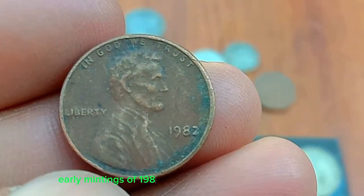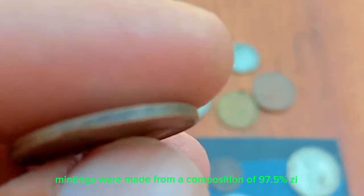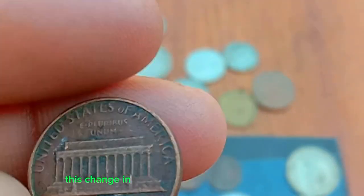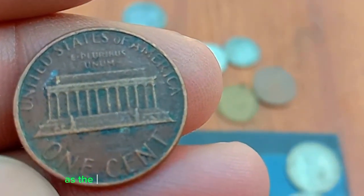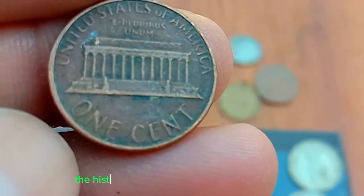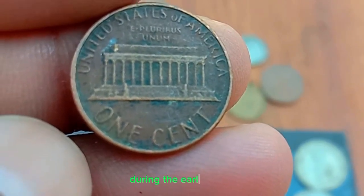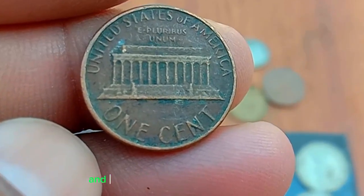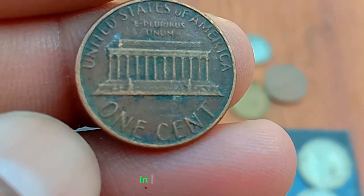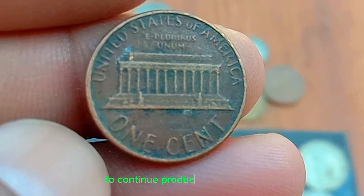Early mintings of 1982 pennies were struck in bronze, while later mintings were made from a composition of 97.5% zinc and 2.5% copper, with a thin plating of pure copper. This change in composition is crucial for collectors, as the copper penny is significantly more valuable due to its metal content and rarity. The history of the 1982 penny reflects broader economic and industrial trends in the United States during the early 1980s. Rising inflation and the increasing cost of raw materials, such as copper, prompted the need for a more cost-effective solution in coin production. The transition to a zinc-based composition allowed the United States Mint to continue producing the penny at a lower cost